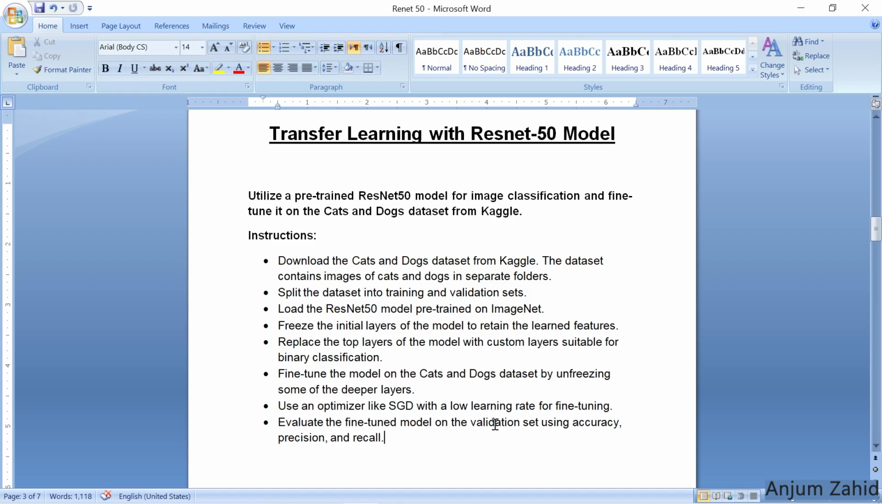Hello everyone. Today we will see how to use the ResNet50 model for transfer learning. In this video we will see how to classify images by using the pre-trained ResNet50 model. We will see binary classification on the cats and dogs dataset from Kaggle. We will download the cats and dogs dataset from Kaggle and use this dataset to retrain some of the